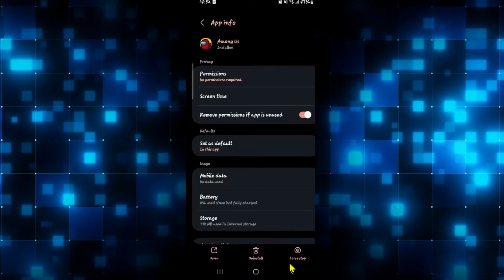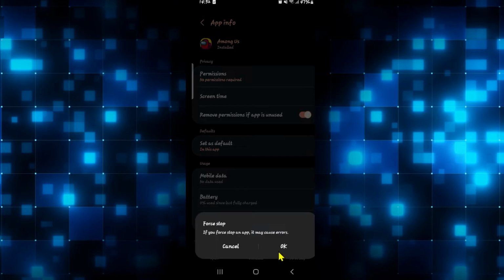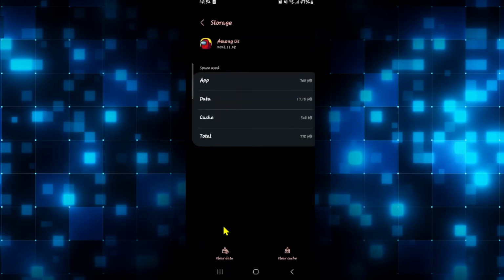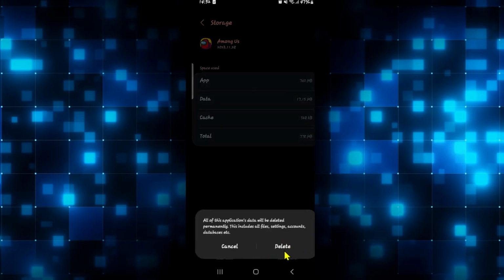From this page, first of all tap on force stop at the bottom right corner and then tap on the OK button to stop the game. Then scroll down and tap on storage. From the storage menu, tap on clear data at the bottom left corner and then tap on the delete button,